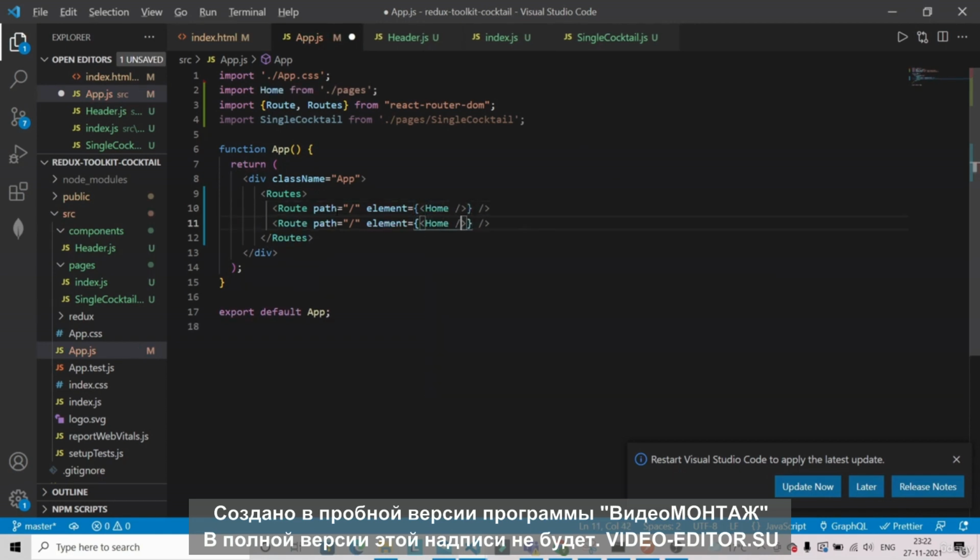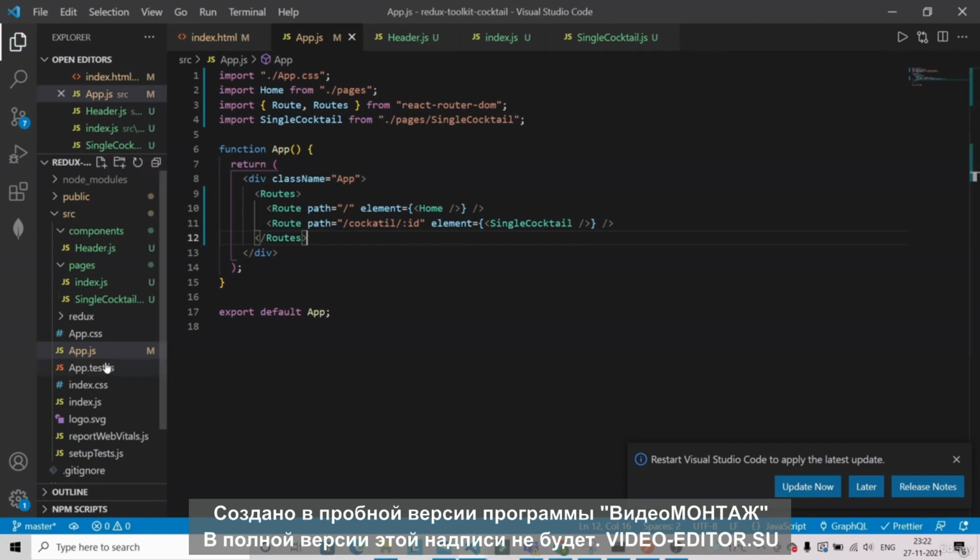Okay, and the second route will be the single cocktail. So it will be having the cocktail, and we have to also provide the ID. So based on the ID, the user will be able to see the single cocktail detail, and this will be the single cocktail detail component. Okay, so we have configured the routes here, and the last routing configuration is required in our